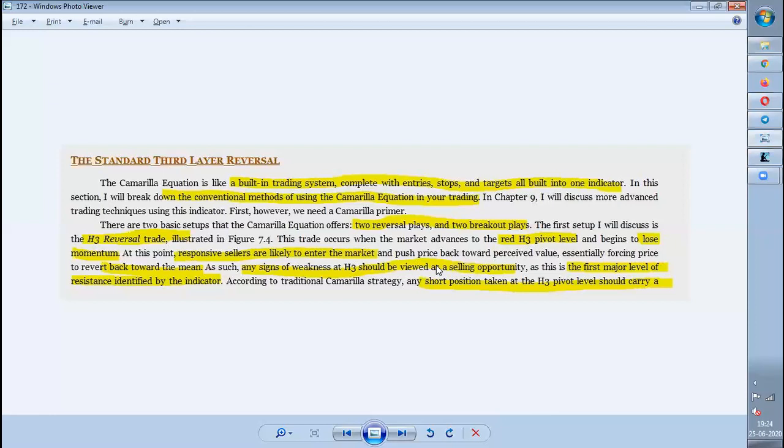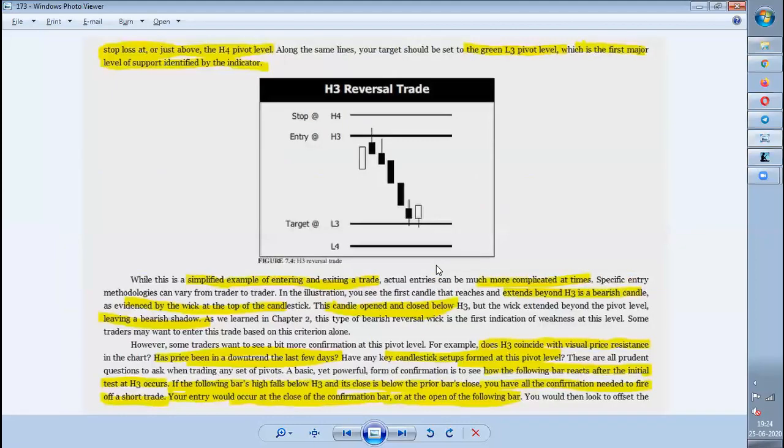So now there will be the question of what the stop loss is and what the target is. Here the stop loss will be H4, which is nothing but the breakout place. Whenever the candle touches H4, you need to exit, and your target will be L3, which is the reversal zone for the buy side. So this is a simplified method of explaining what the entry, the exit, the stop loss and the target are.